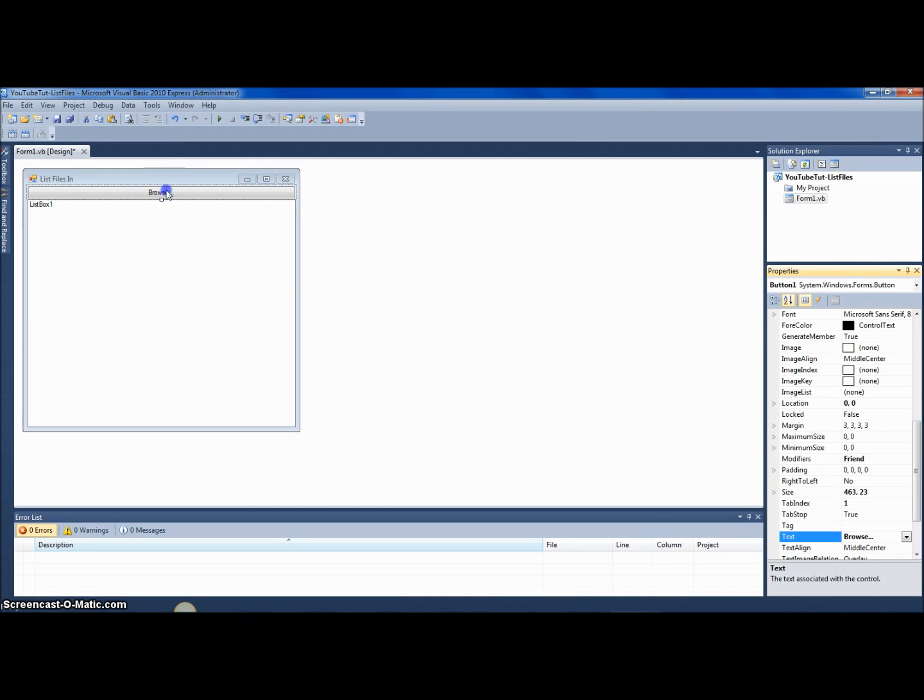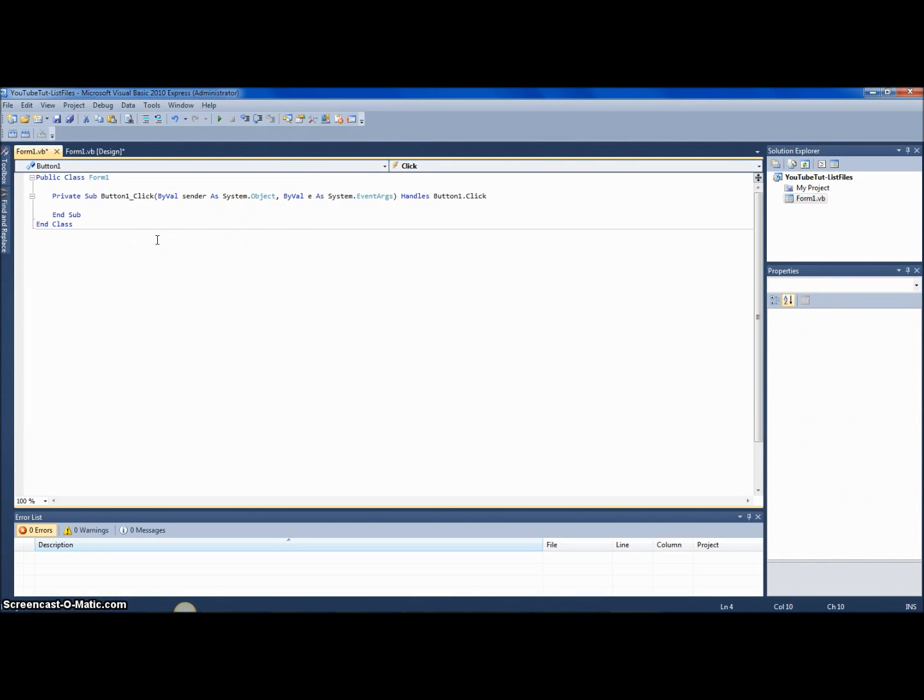And double click on Browse. Wait for it to load, and here it goes. So say Dim FD as New FolderBrowserDialog, fd.ShowDialog, and then say ListBox1